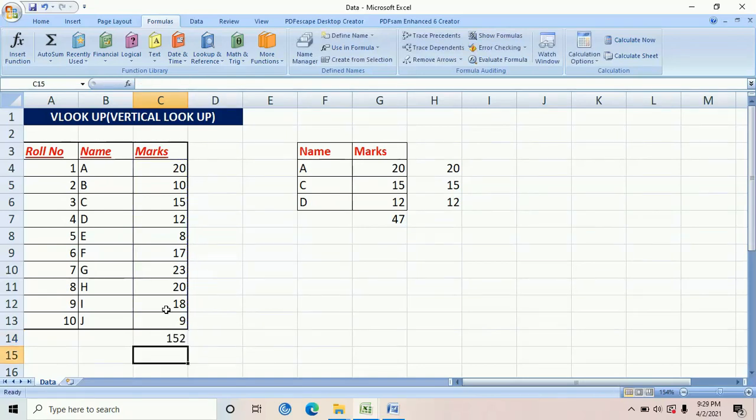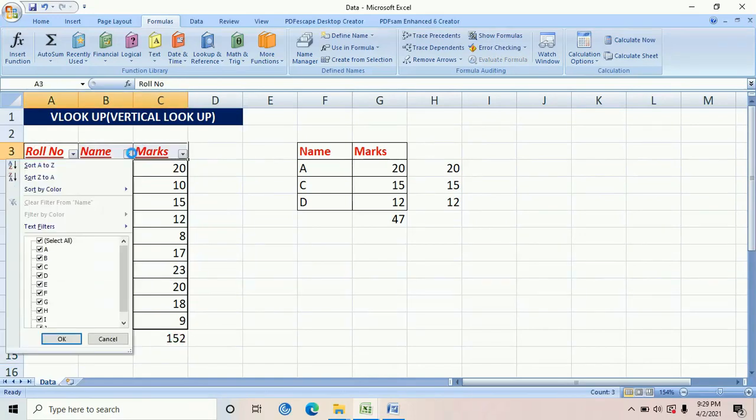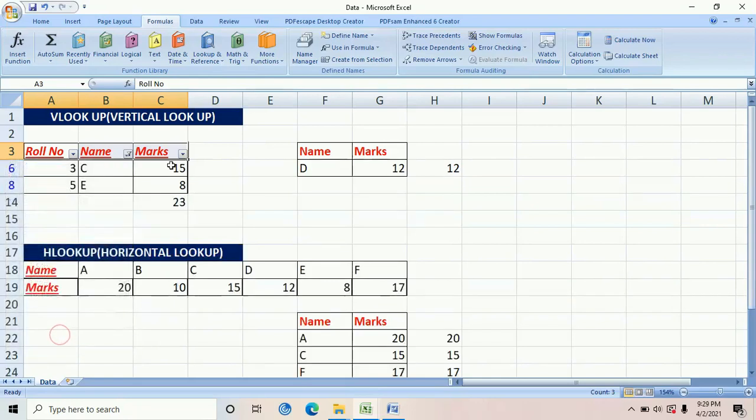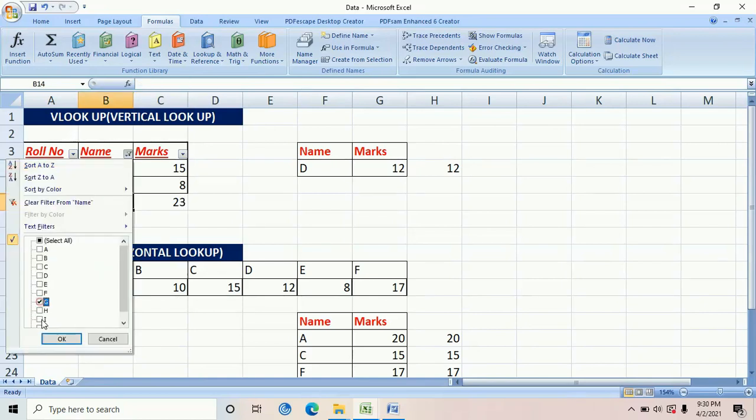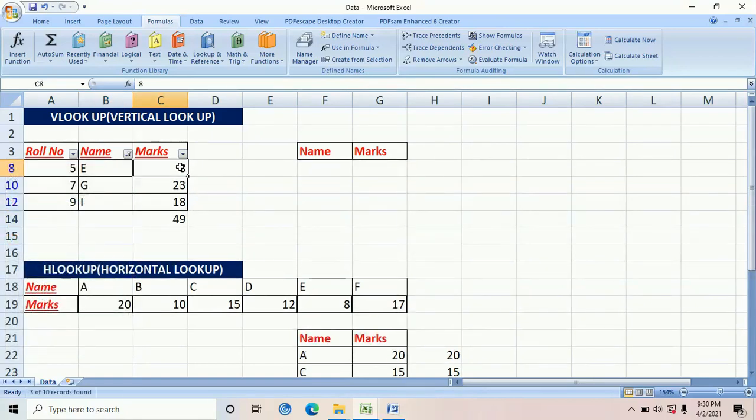Now let me go back to the same filter, and suppose I take only C and F. The subtotal will keep the total intact, placed over there. And if I select, suppose, 3 options, I can see the total marks of these 3 names. So this is the usefulness of the subtotal. Your overall total will not disappear.